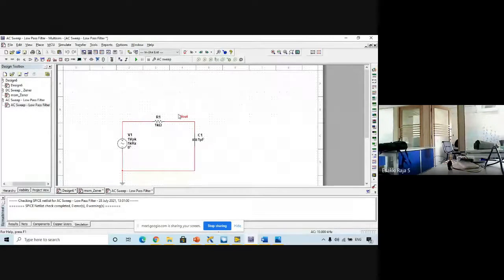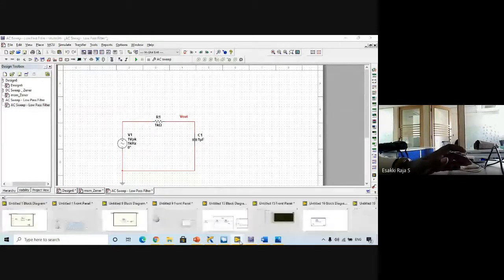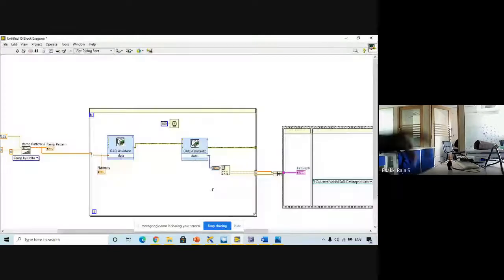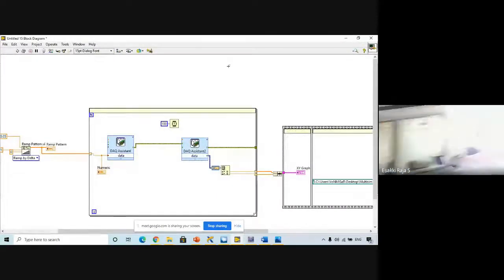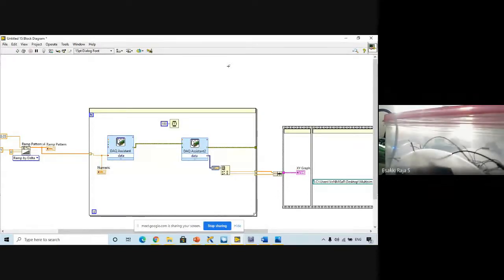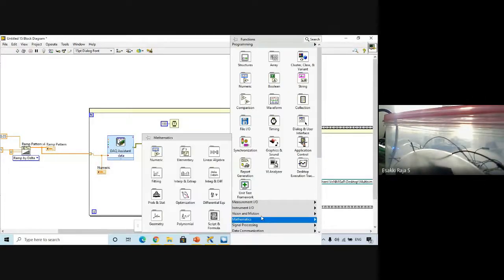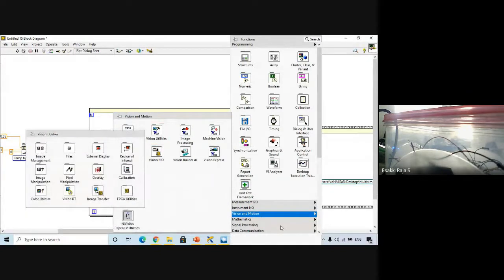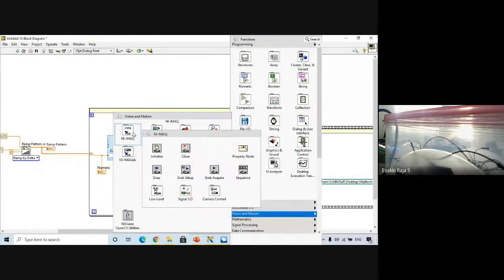Even in yesterday's session and today's session, mostly we have focused only on the electrical side. Actually, LabVIEW is not limited only to electrical. Its use cases are so vast. For example, I can show you from LabVIEW. This LabVIEW tool can be used for several domains, like image processing. If I go to vision and motion, here I have an option to use functions for image processing, like morphology and pattern matching, from basic to advanced image processing concepts.